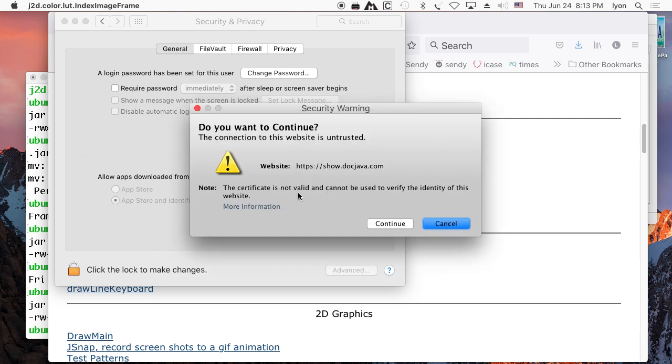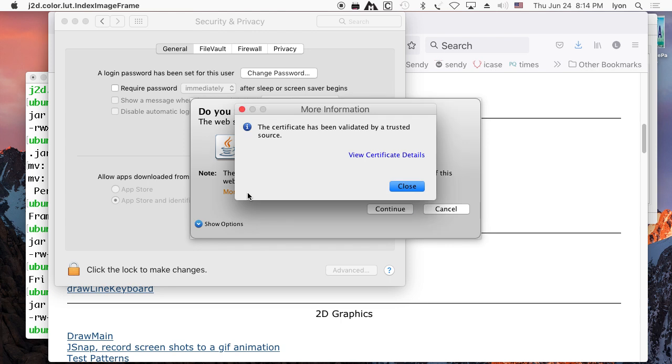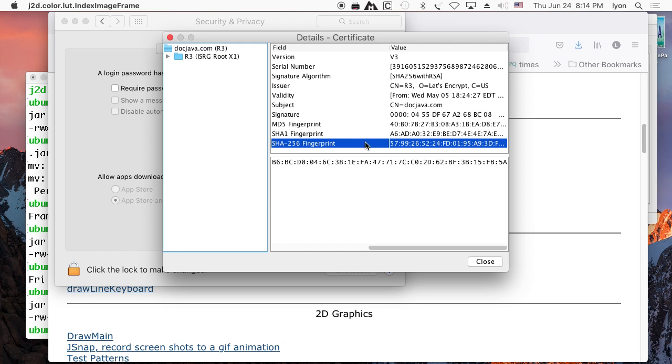Do you want to continue? Certificate not valid because it cannot be used to verify. Certificate is not valid. Continue. The website certificate has been verified. The certificate is valid and has been used to verify the identity of this website. More information. Validated by a trusted source. View certificate details. So now we have